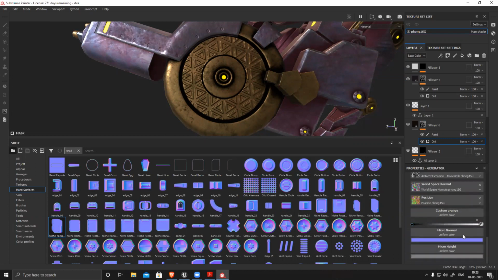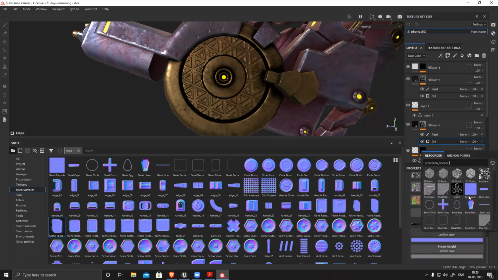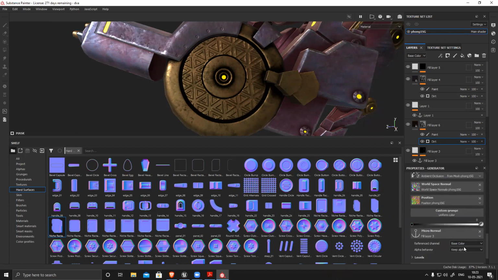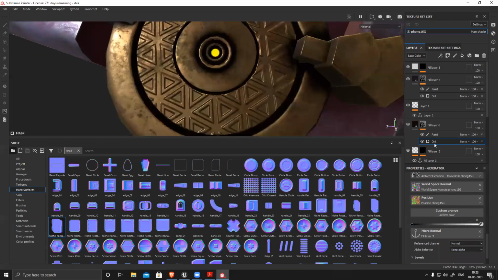And for this anchor point, if you have used height, select the anchor point in height or in normal. Layer 3, and change to normal if you use a normal map, or height if you used a height map.